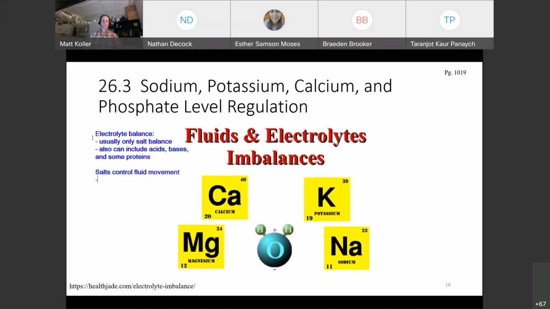Okay, the salts will dissociate. So a good example is to think of table salt. Table salt will have sodium chloride, and when you put it into water, it dissociates into sodium ions and chloride ions. Sodium ions being positive because they lose an electron, chloride ions being negative because they gain an electron. So salts will control the movement of fluids in the body and out of the body and back into the body. And the salts will provide minerals